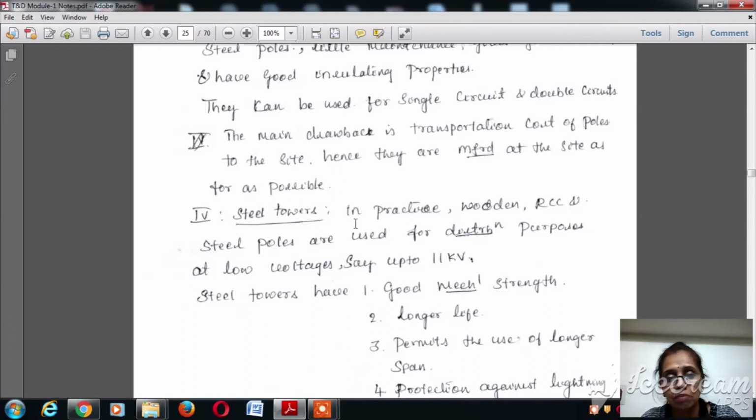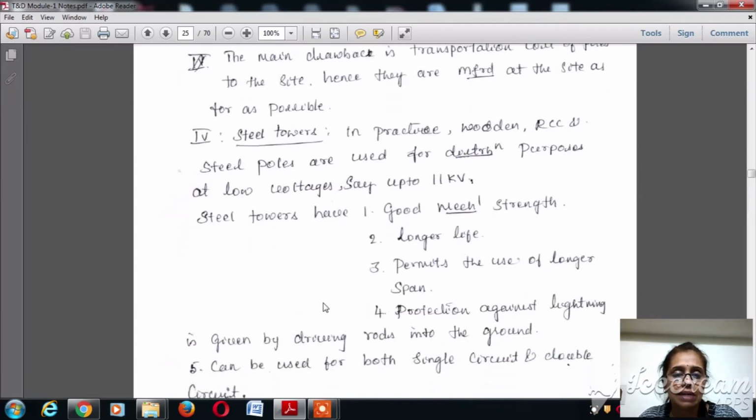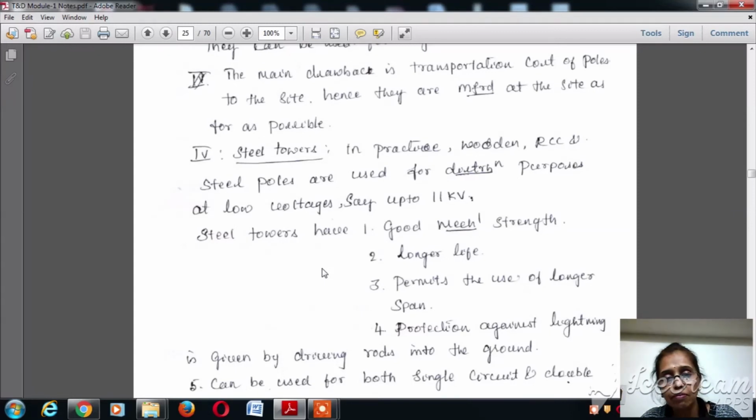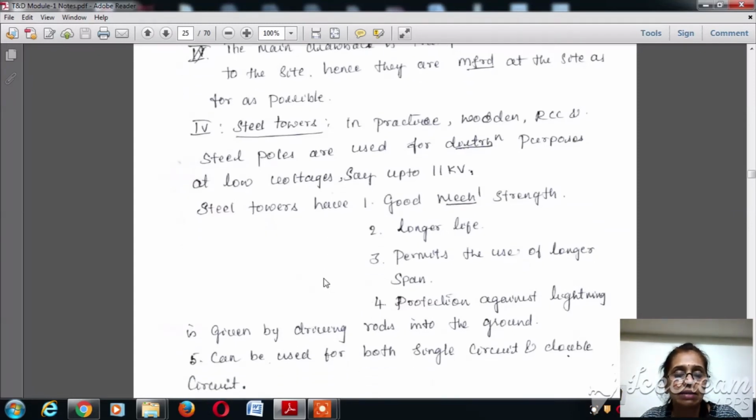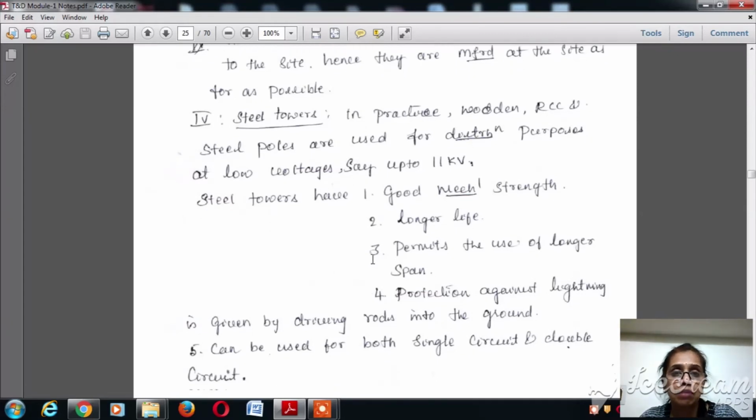You can observe that there is a difference between steel poles and steel towers. In practice, wooden, RCC and steel poles are used for distribution purposes, particularly for lesser voltages, that is low voltages up to 11 kV, whereas steel towers are used for higher voltage transmission, and they offer good mechanical strength, longer life, and permit the use of longer spans,